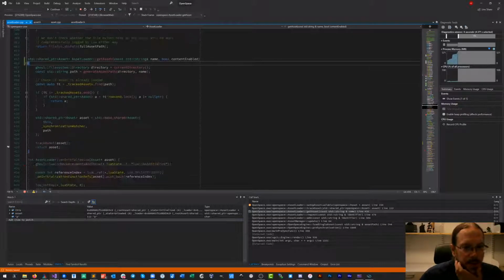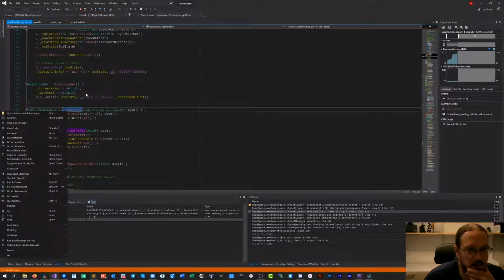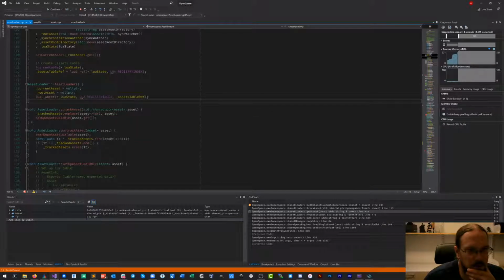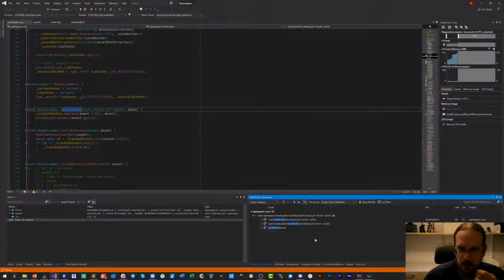So here we go. Now we're passing in this parameter, and this unfortunately goes into the track. I'm not sure if we want to do this at all times. So why would the asset Lua table need to be set up if we want to track it? That doesn't seem to be related at all. Who's calling you? No one.